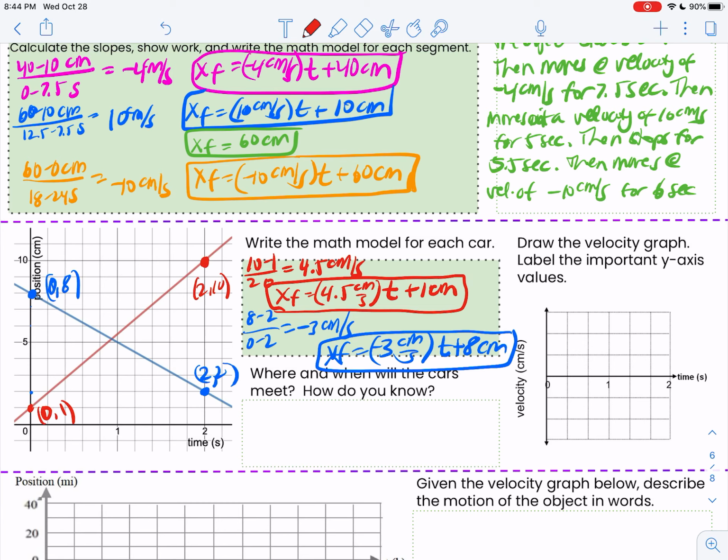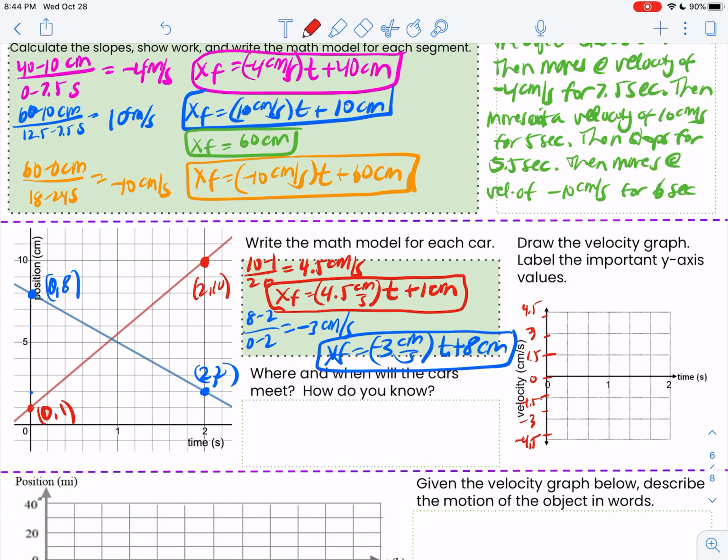Okay, draw the velocity graph, label the important y-axis values. So I just need to go to 4.5. Okay, so I'll go maybe like 2, 4, 6. Okay, if I want to be fancy, watch. I'm going to go 1.5, 3, 4.5. Negative 1.5, negative 3, negative 4.5. All right. So